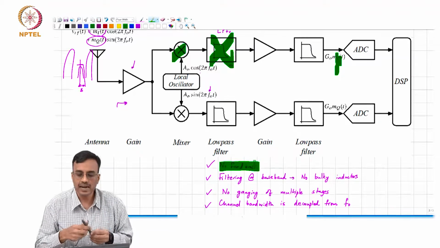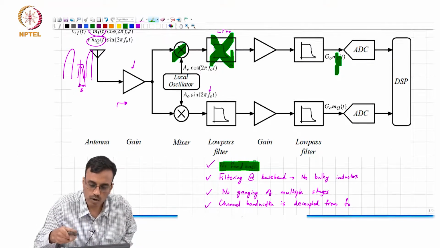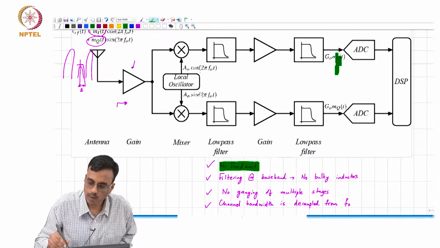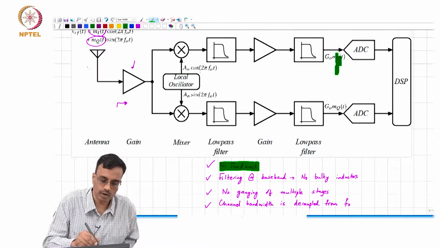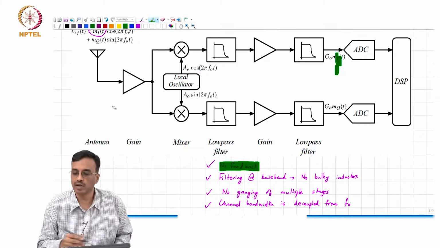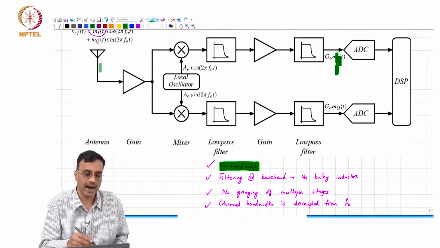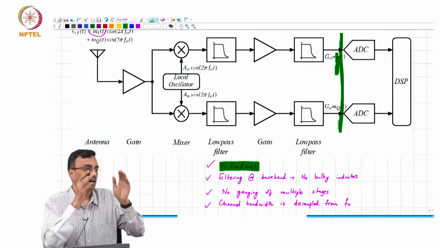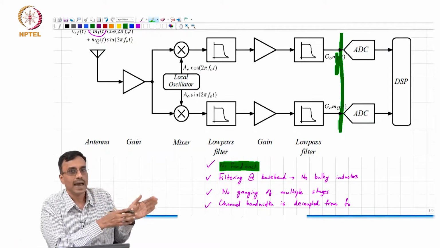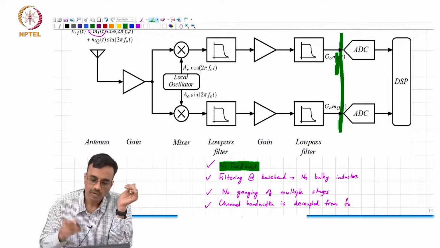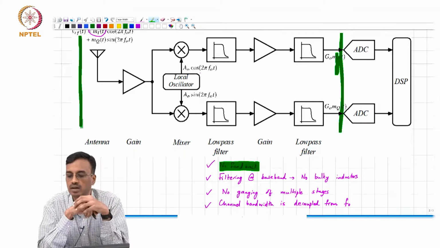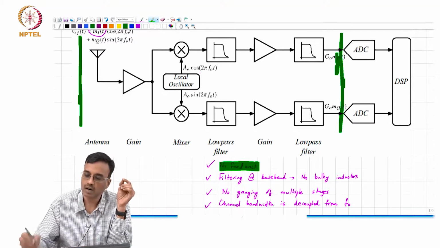So, what is the key to the operation of the modern radio? What is the difference between the tuned RF receiver and this receiver? The tuned RF receiver from the antenna to the final detector was a linear time invariant system. What comment can we make about the system from here to here?